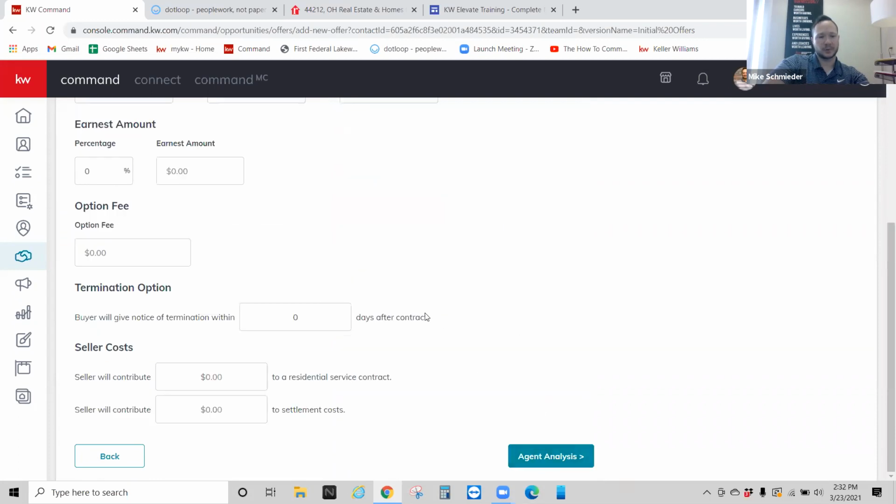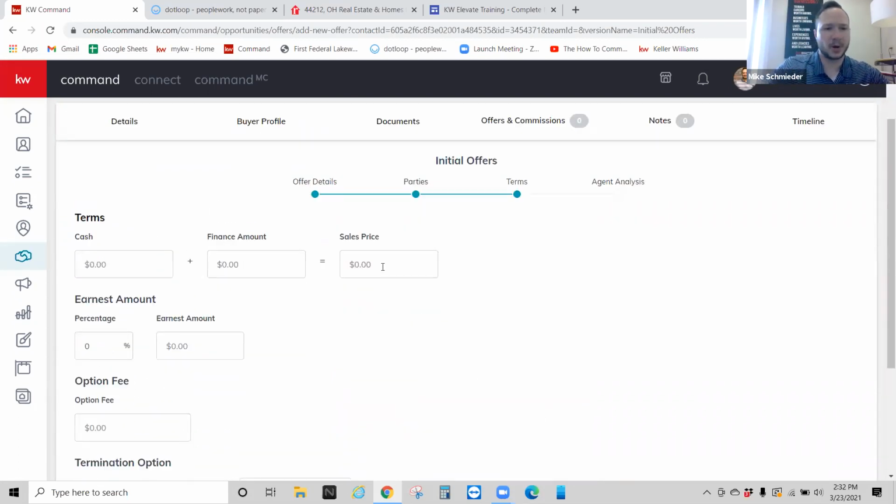Then we click on terms. So this is a part that trips a lot of people up as well. And common sense, I would think, would dictate that you can just simply type in sales price. Unfortunately, that's not the case. So what you'd have to do is type in the sales price. So let's say it's 200,000,